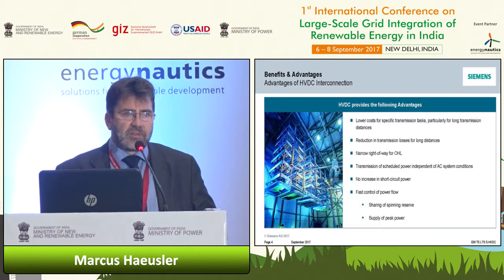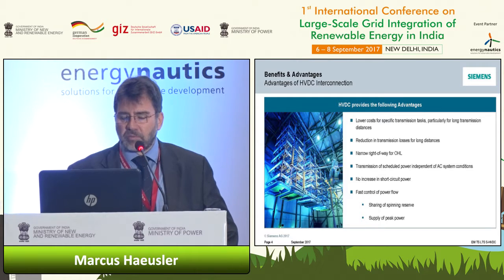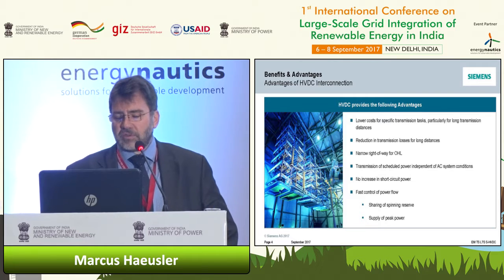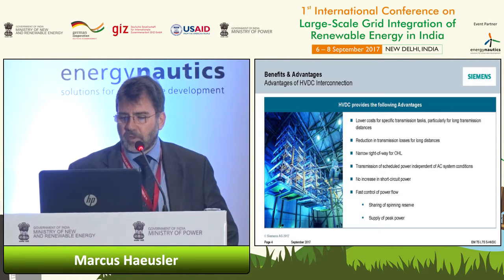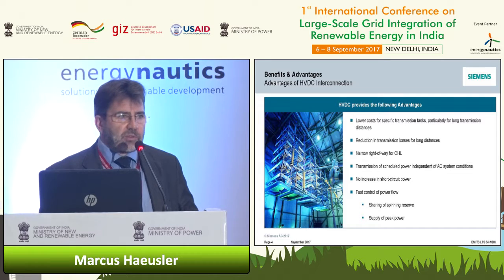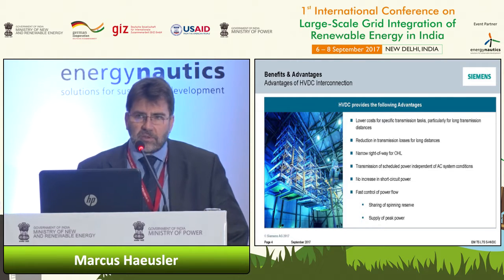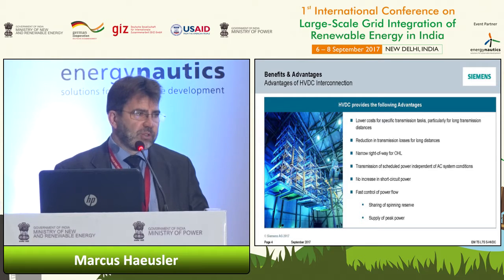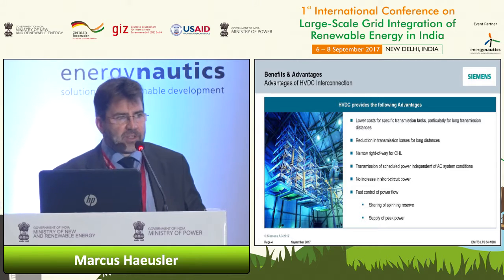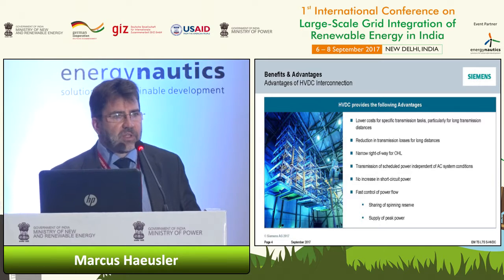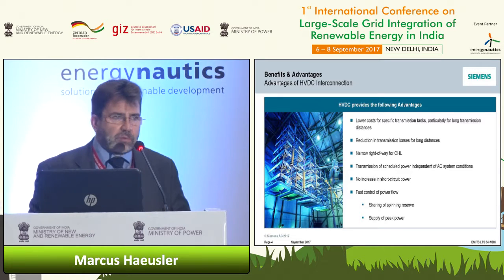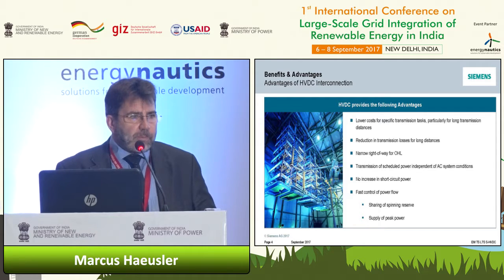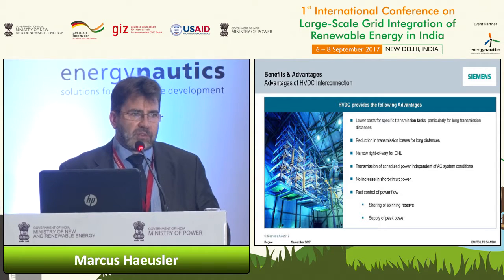One important aspect is also the reduction of losses, because with DC it is possible to transmit more power over long distances on the same right of way. So that is also an increasing application that we see worldwide. The number of new overhead line transmissions that can be constructed is limited. There's a lot of opposition. Yesterday it was mentioned, especially in Germany, but all over the world this tendency is going on. So we have to really find ways to use the existing rights-of-way in the most efficient way.